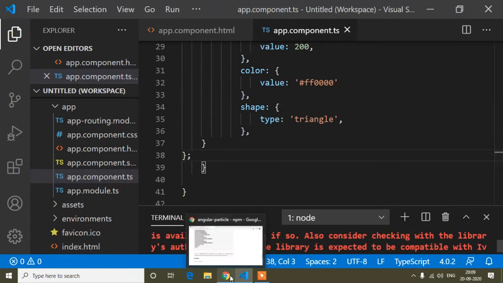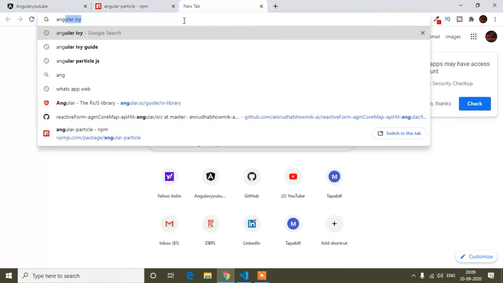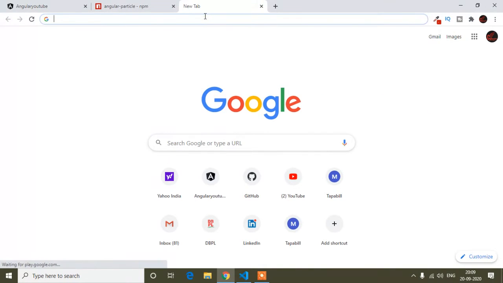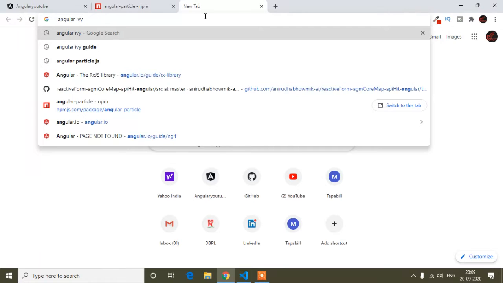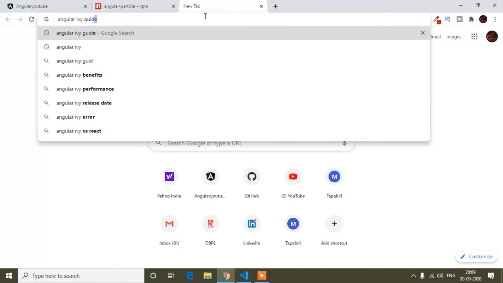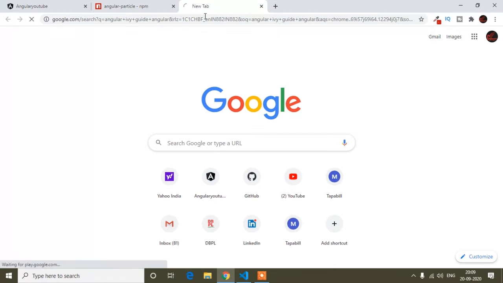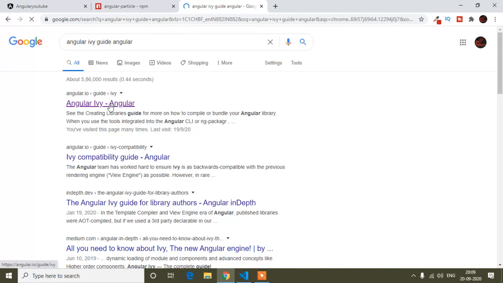I will open a new tab and search for Angular Ivy guide. I will go to Angular's official site.